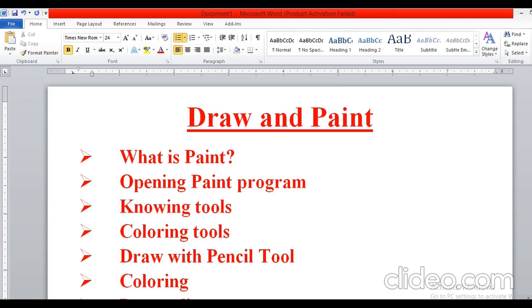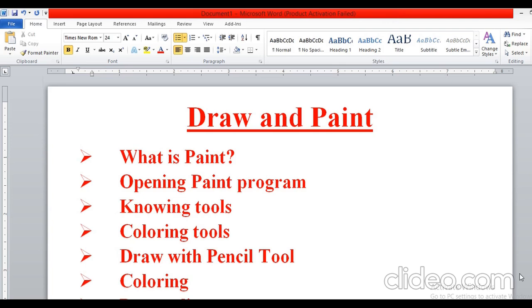Before that, first I will tell you what Paint is. Paint is a software application used for drawing and coloring a picture on the drawing area. As we create a drawing on paper with the help of a pencil, eraser and colors, in the same way, if you want to create a beautiful drawing in the computer, we use the Paint program.